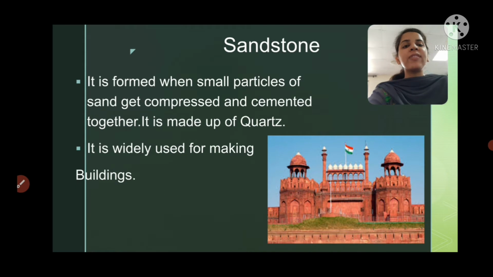It is formed when small particles of sand get compressed and cemented together, and it is made up of which mineral? So it is made up of quartz. Quartz is a mineral, and it is widely used for making buildings. For example, this Red Fort, which is situated in Delhi, is made up of red sandstone. Next one,